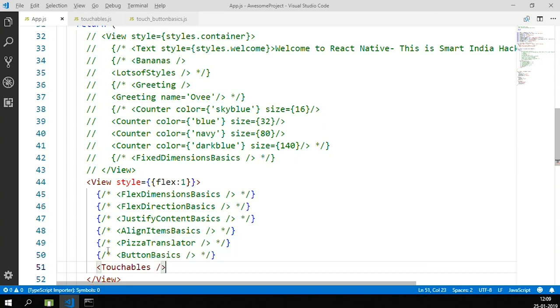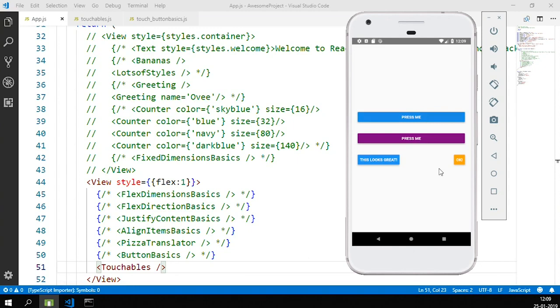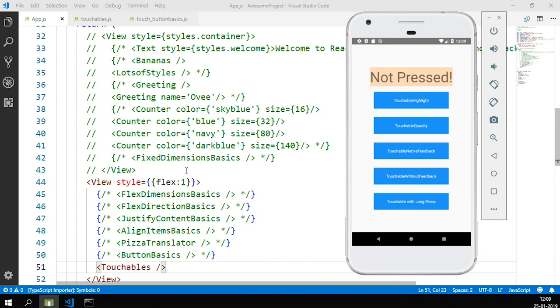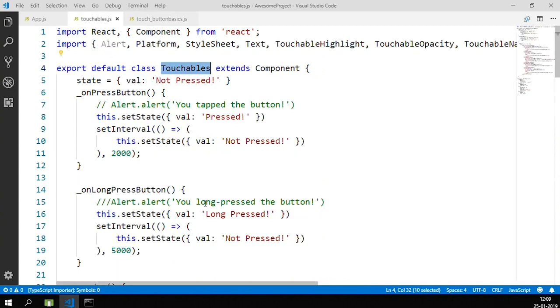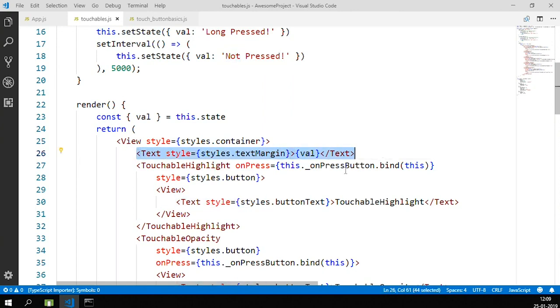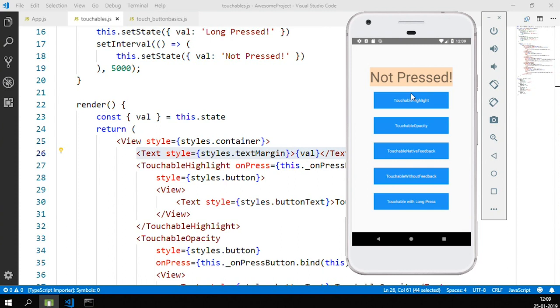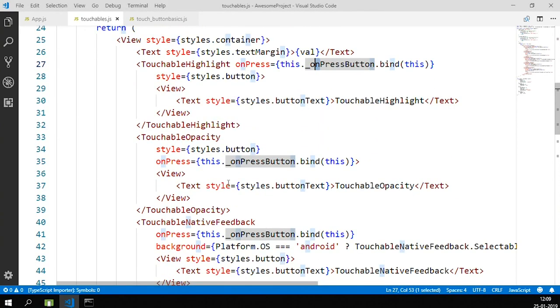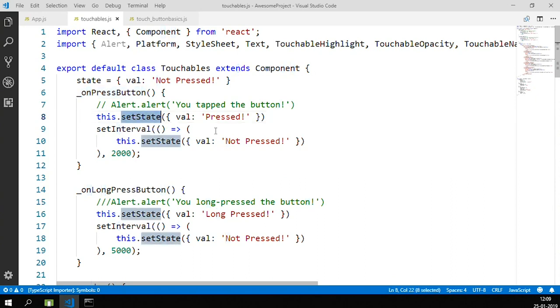Let's import it. So based on that, you would see them like a button only. So what I'm doing is, instead of showing the alert, I'm trying to have some text to be there. So value initially it is not pressed. And that is the value it is being displayed here, that is a text. So when I click on any of the button, this is getting changed to pressed. Again, after some time interval, I am modifying that. See, I am modifying this in my on press button by using set state. There itself I am calling a set interval. After 2 seconds, I am trying to modify it back to the not pressed